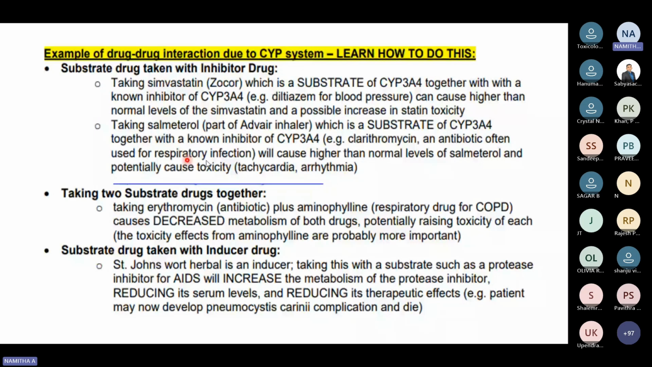Salmeterol is used in the nebulizer. So when these two are taken together, this will cause higher than normal levels of salmeterol and potentially cause toxicity, which may cause tachycardia or arrhythmia. Taking two substrate drugs together, such as erythromycin along with aminophylline, causes decreased metabolism of both drugs, potentially raising the toxicity of each. The toxicity effects from aminophylline are probably more important because this causes